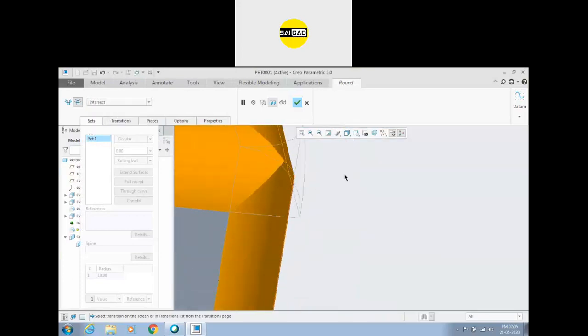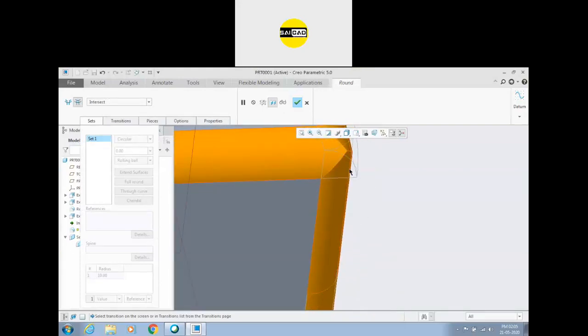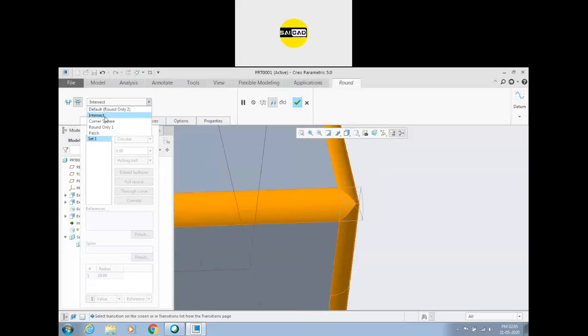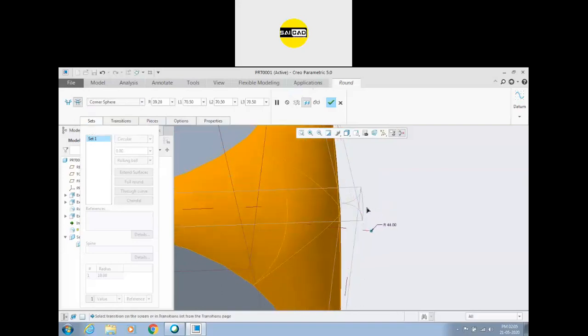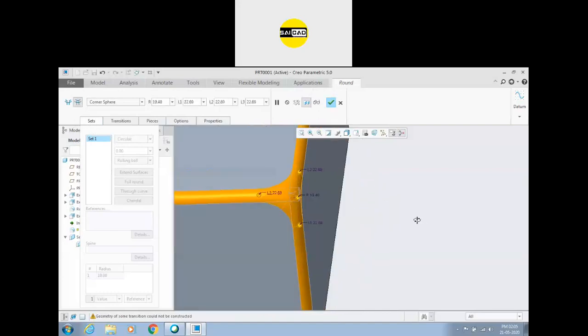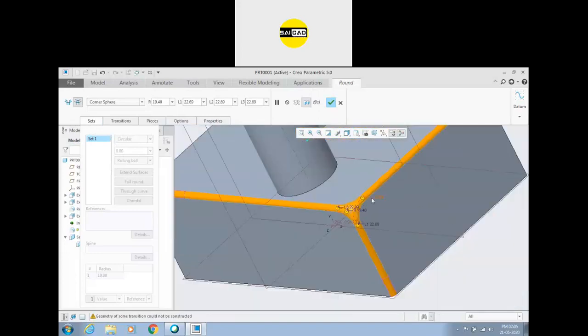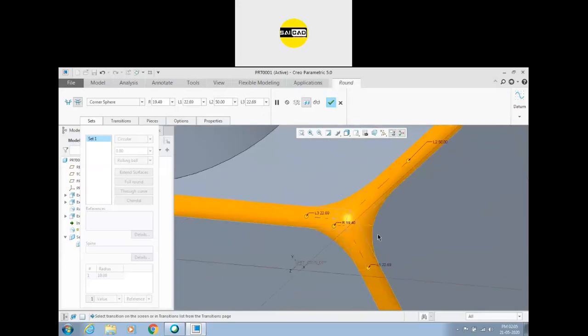You can remove the circular face from here. Okay, this is the sharp edges now. You can go to the corner shape and you can define the radius like that. Okay, now you will see we have some gaps here. You can define this length. I want this length up to 50.